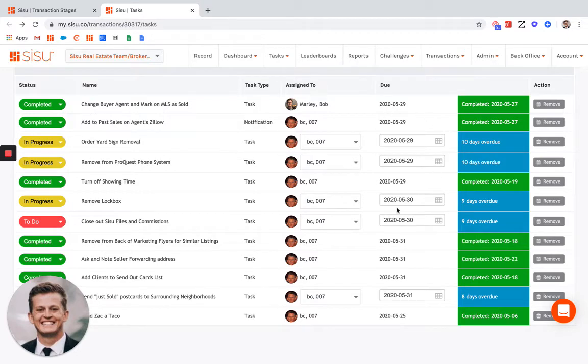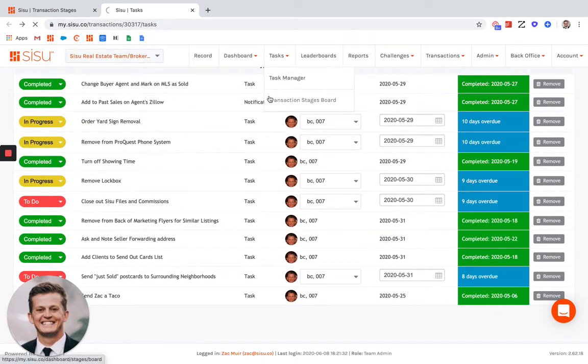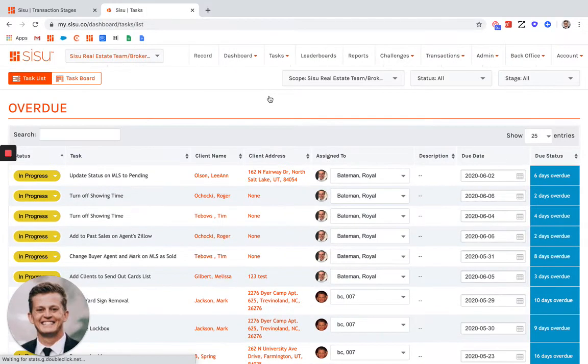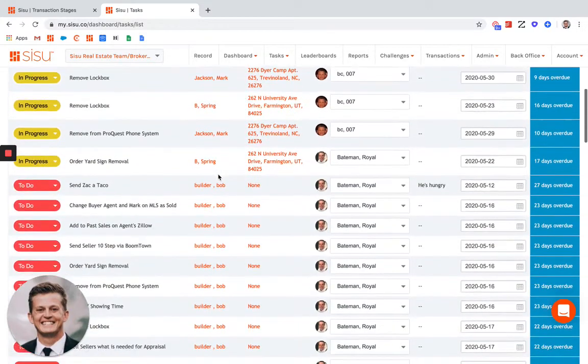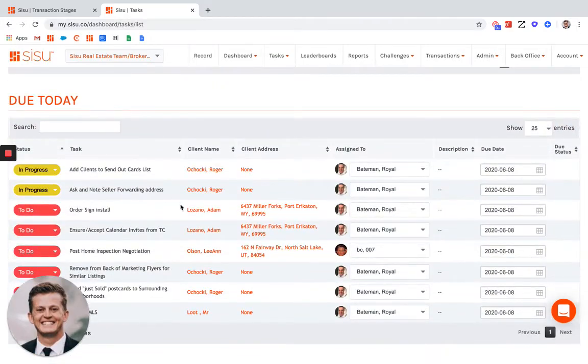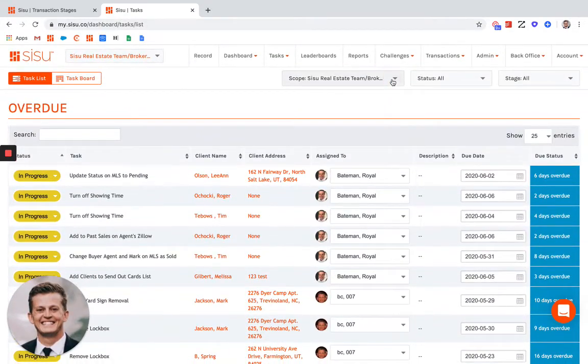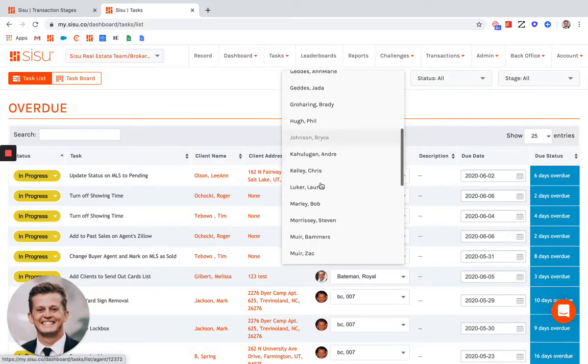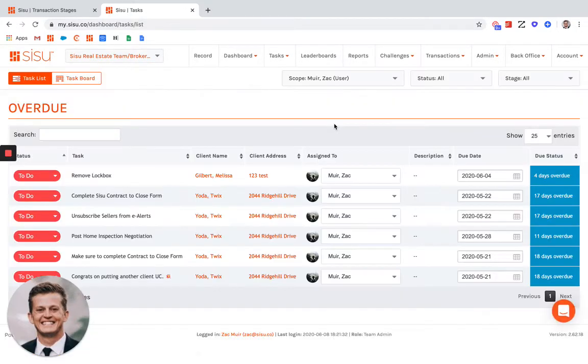statuses, dates that they're due, and I can come into my task manager to see all of the tasks related to a certain agent, to a certain team member, or to a certain transaction, right? So if I'm a manager, I might come in here and see everything that's overdue with all of my transactions and everything that needs to be done today. Or I might dig in on that as an agent, and say, all right, what's assigned to me today? And this is going to be delivered to my inbox every single morning, or a push notification to my phone, so I know what I have overdue, I know what I have coming up, and I can stay on top